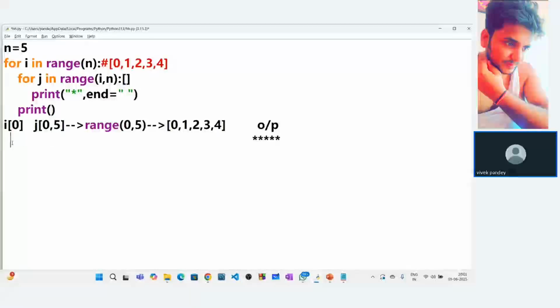Here, this time the i value becomes 1. When i becomes 1, j will become how much? j will be 1 to 5. 1 to 5 means what? The range will also be 1 to 5. 1 to 5. And here,